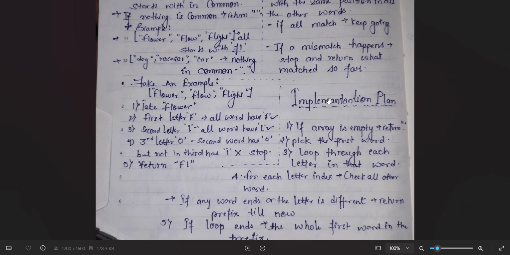So I'm going to tell you the implementation part. Before that, from this example you can see flower. The first letter f is matched in all of them, so we take f. The second letter l is also matched, so we take l. The next letter o matches up to the second word but not with the third word, flight. In that, the third letter is i, which does not match,